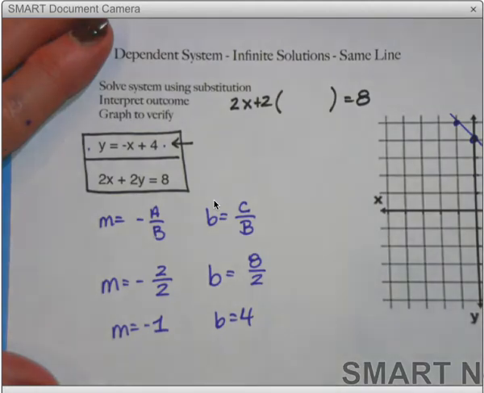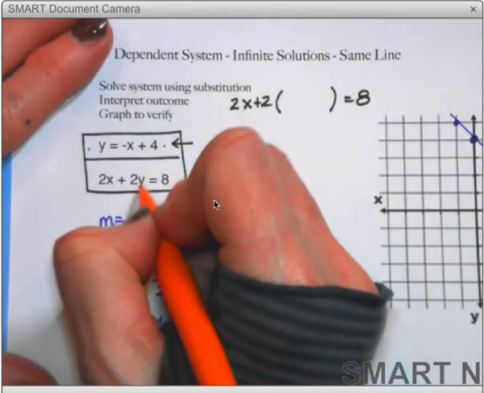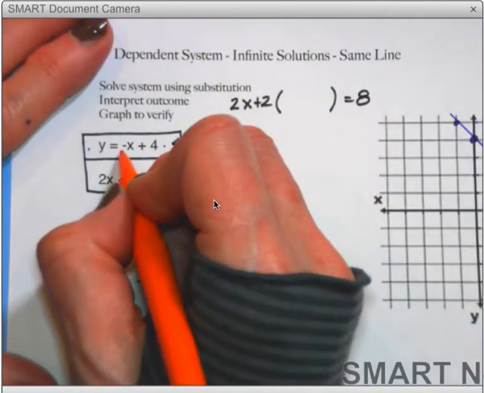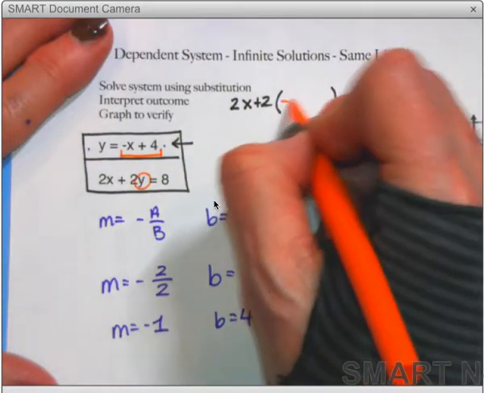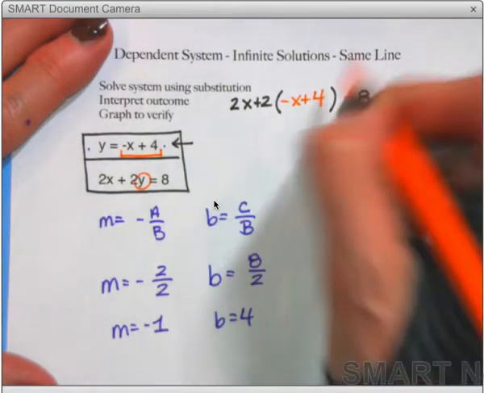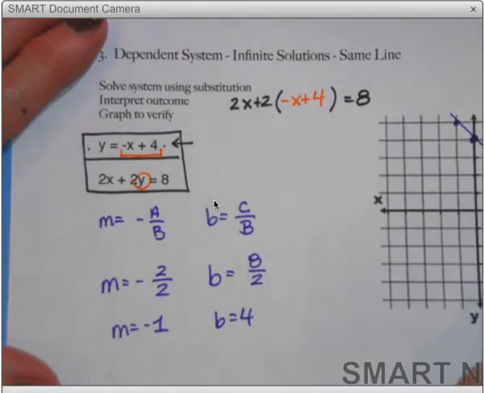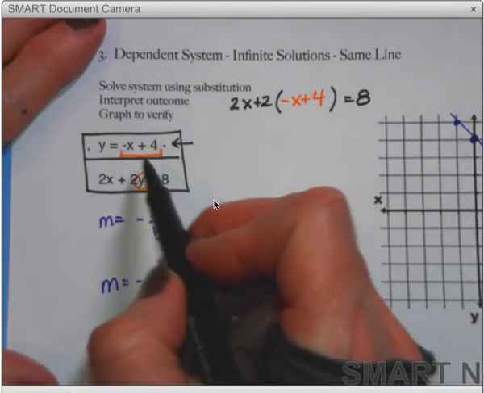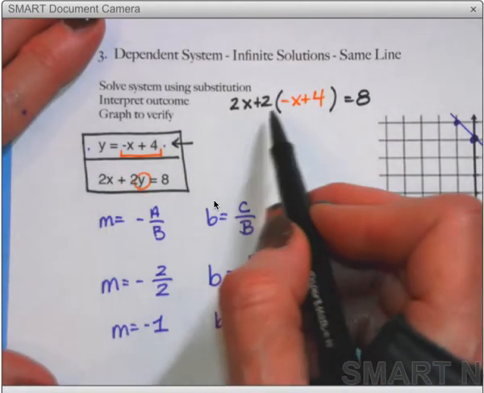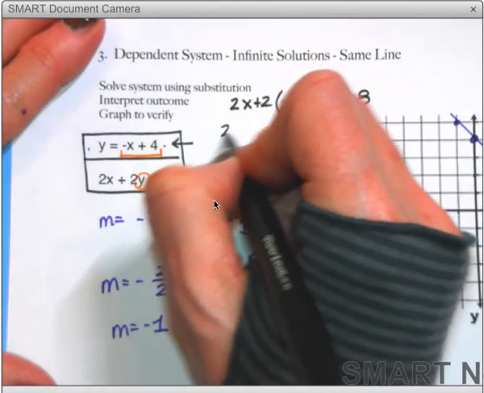And in place of the y that's right here, I'm going to substitute this expression in, which is why the method is called substitution. And now, once again, I have this single variable equation. Y has been temporarily set aside. I'm focusing on x only. And when I solve this system,